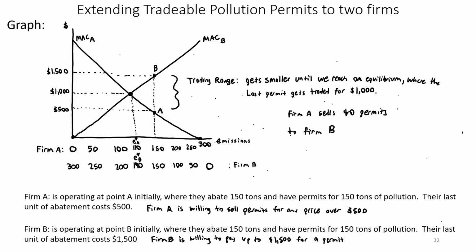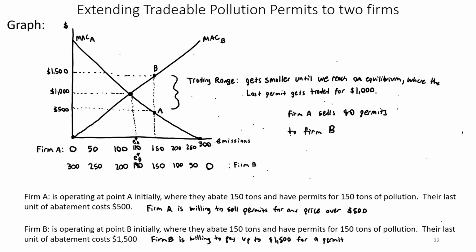So firm A says, hey, it costs you a lot more to get rid of this pollution than it costs me. How about I start selling you some of these permits? And again, firm B will agree. So firm A is going to be selling permits again for any price over 500. Firm B is going to be buying permits for any price that is less than 1,500. Right? So firm A will sell 40 permits to firm B, with the last permit going for a price of